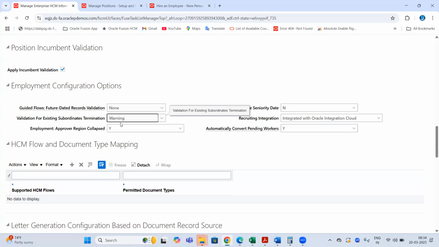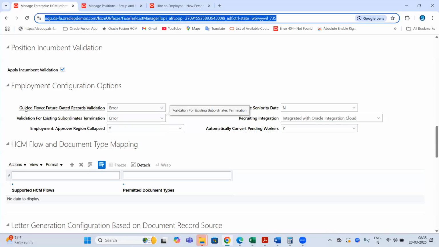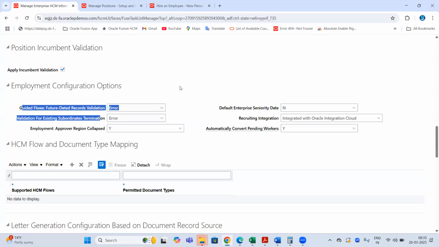But again, it will end up with a failure, team, because approvals will trigger to the inactive manager. All approvals will fail. A lot of manual work HR has to do during that time, team. So to eradicate that, clients will go with the error option, team. Even with this one also, most of the time clients will go with error, team. If I keep none, no warning message, no error, nothing, though the inactive manager is there, the system will allow HR to submit the resignation, team. So how you want the system to behave when these transactions happen to the employees, we have to configure here,